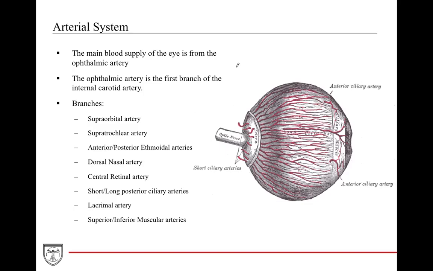Probably not, because it's really hard to tell. The big ones that you're almost always going to be tested upon are central retinal artery, and then these two are often easy to find. And then, of course, these are easy to find based on how they kind of go towards the cribriform plate. And if you're looking like a superior inferior dissection with the top portion of the orbit removed, you can actually notice the anterior ethmoidal diving forward anterior and the posterior diving through posterior, and you can pick that up pretty